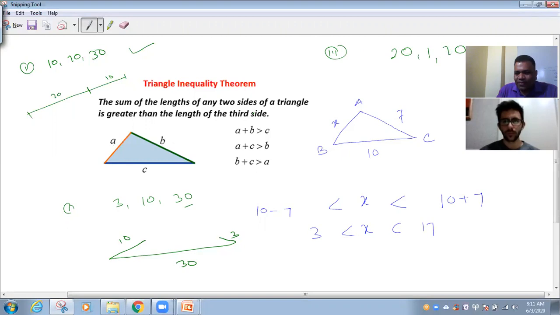Okay, one more example. 21, 20, 1. Can we make a triangle using these sides? Yes, because the sum of any two sides is greater than the third side. This is very much possible. Or I'll show you: let us say this is the big line, this is the big line. This could be 20, this could be 20, this could be 1. We can. Why can't we? So I think this triangle inequality is clear to you.